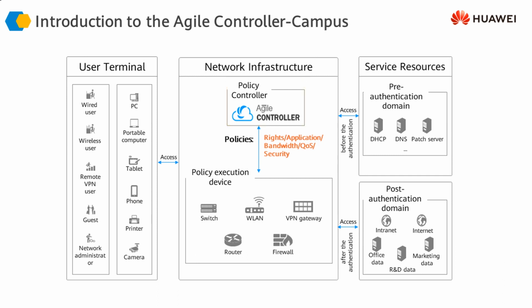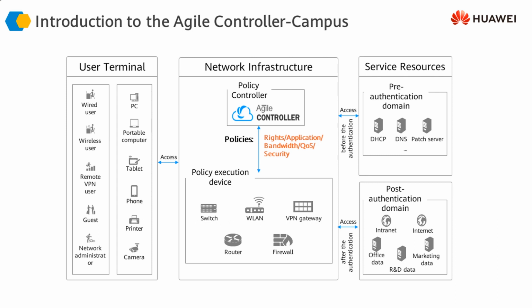This is Huawei's Agile Controller, which sits in the middle. Any users or devices, whether wired or wireless, VPN users or guest users, whenever they try to access our infrastructure or resources, for example our email server, ERP server, or any of our business application resources, the Agile Controller sits in the middle and implements access control policies using the access devices through which these terminal devices are accessing